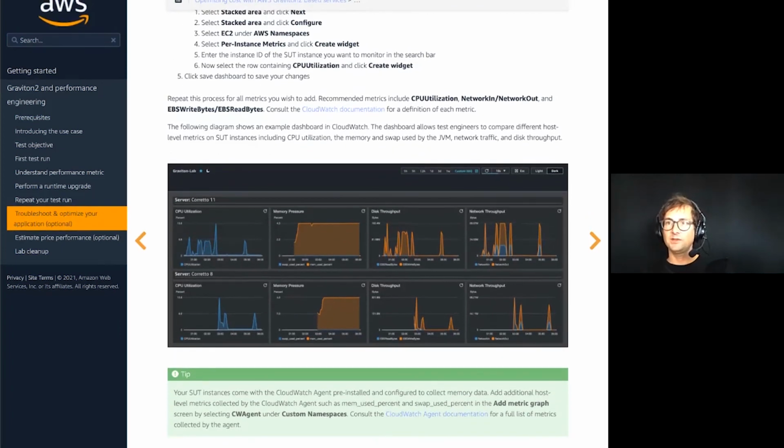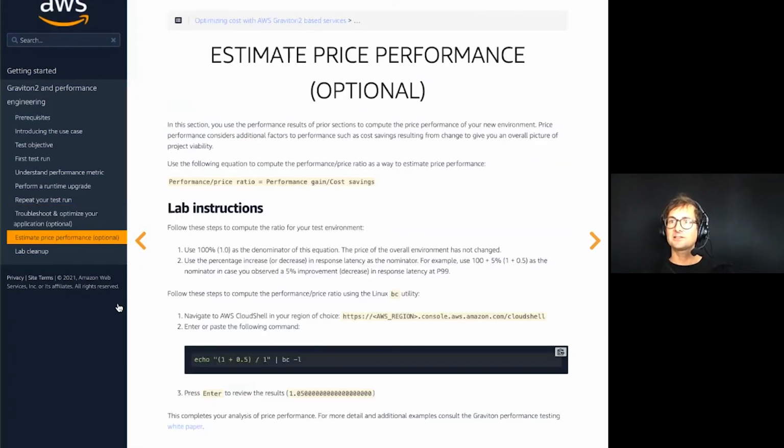The system that we have set up for that lab has all the tools to report that information to CloudWatch, so it's pretty convenient. One last thing that you could do is to use those very predictable workloads to evaluate the impact in terms of price performance. So the price performance ratio is really the performance gain divided by the cost saving. So to compute that for a test environment, you would